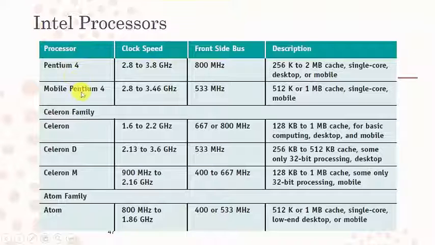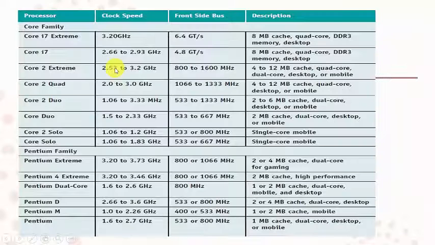A Pentium processor. This is the Pentium family. You can see mobile Pentium 4, Pentium 4. Let's go from bottom to up now. We have the other members of the Pentium family all the way down like this. And then you have the Core Solo, the Core Duo, Core Quad, and all of that. And now we have the